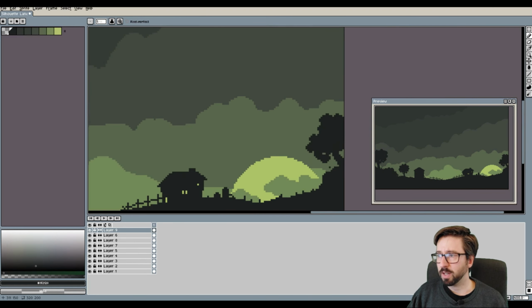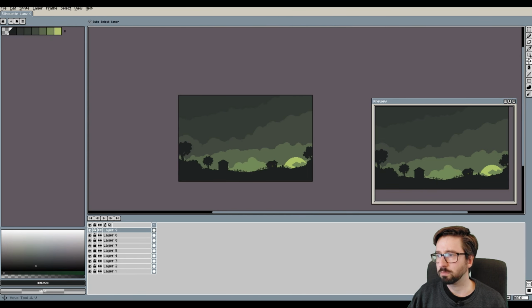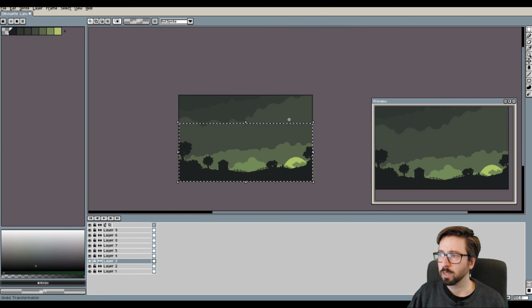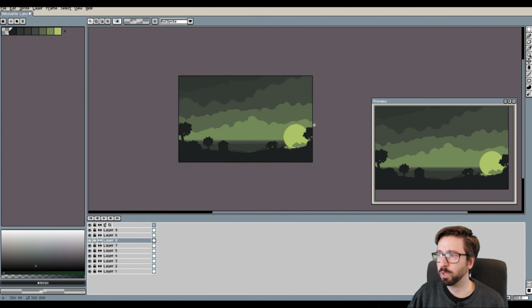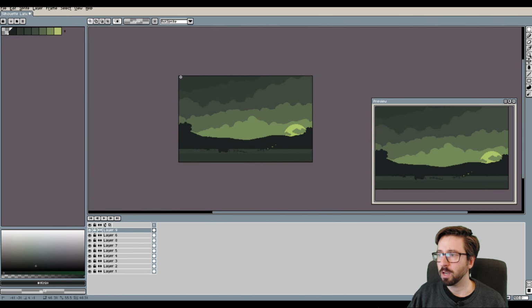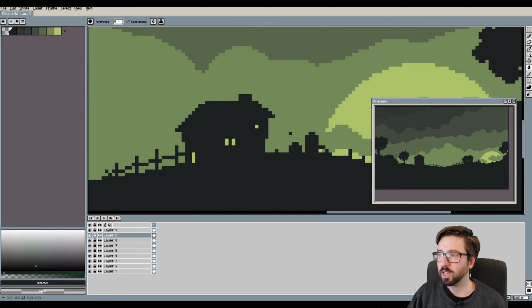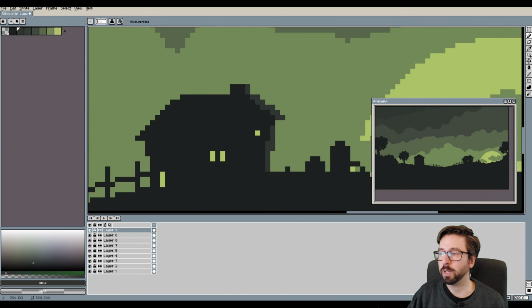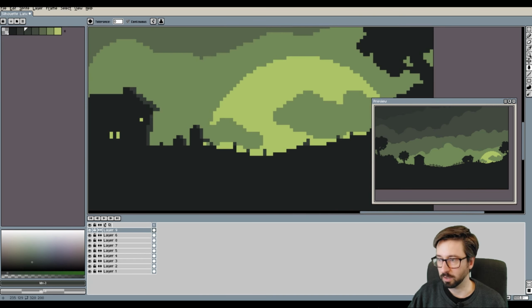After doing this, I went back to the overall impression of the image and experimented a bit with the height of the cloud layers, and I figured that everything should be raised a little bit, and that the actual black or dark green landscape part of the image should be a bit more prominent, just from an overall layout perspective of the image.